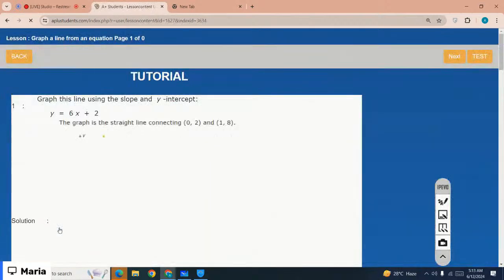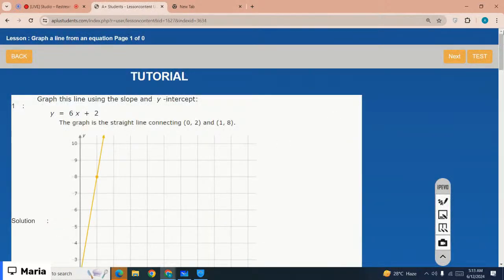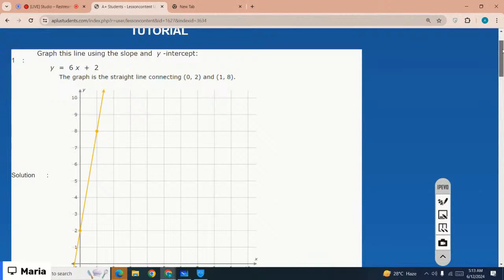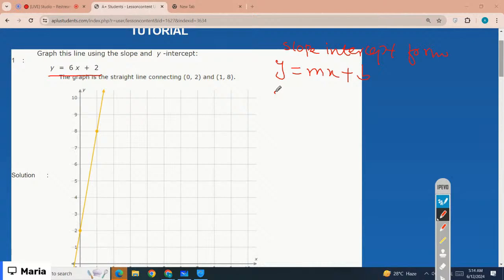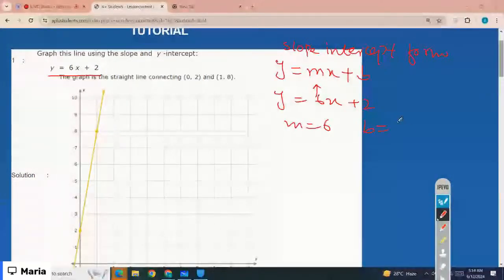So now we're going to learn how we graph a line when we are given the equation, right? So the equation is y equals 6x plus 2, right? The equation is in the slope-intercept form, that is y equals mx plus b. So compare both the equations. m equals 6, the slope is 6, and b equals 2. So b is the